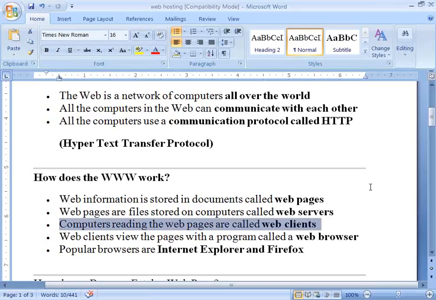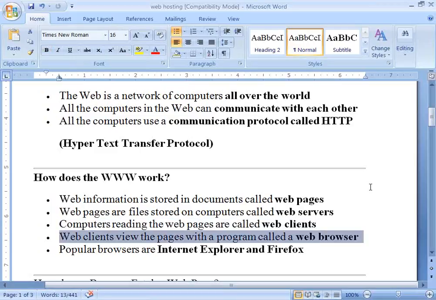Now, what is my machine here? Generally when I am trying to access any web pages over a network, my machine becomes a web client. Generally a machine is not a web client actually, but you can take it that way, no problem. Right? So what are web clients going to do here? Web clients view the pages with a program called a web browser. So whenever you want to communicate,